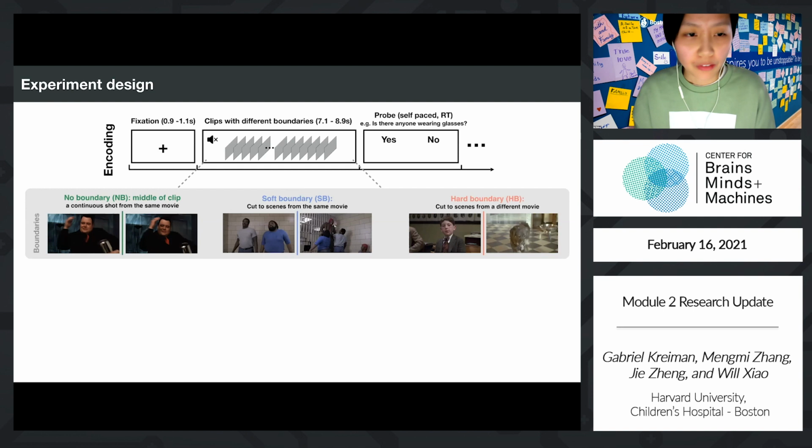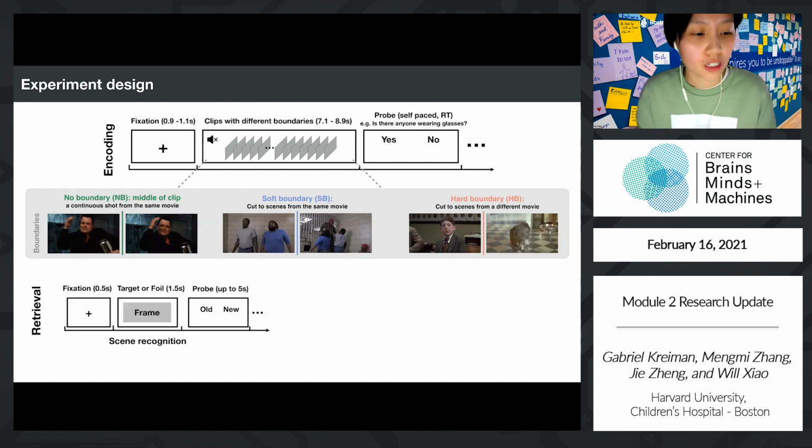So after subjects watched all the clips, which are 90 of them, 30 clips for each of the no boundary, soft boundary, and hard boundary conditions, we evaluate subjects' memories about those clips they watched in 2 different ways. In the scene recognition task, we extracted frames from the clips they had seen before in the encoding phase and ones from the clips they hadn't seen, and asked them to decide whether that frame is old or